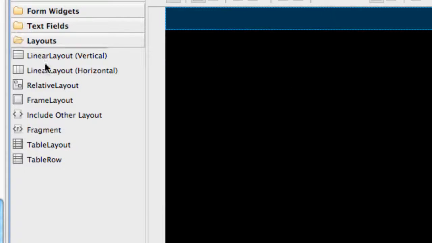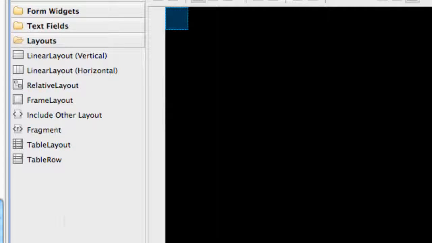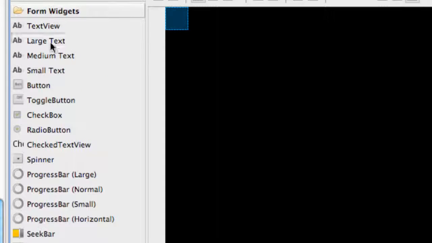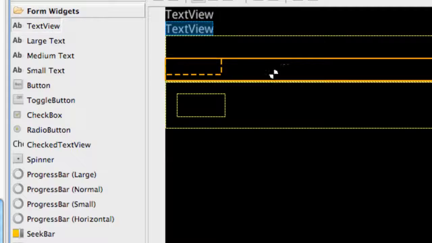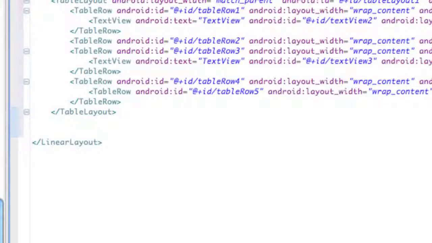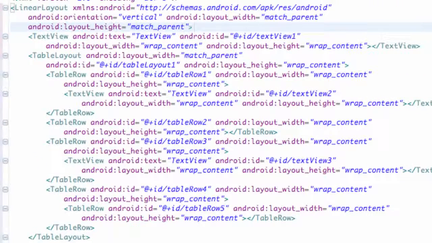So we're going to go into our layouts, drag and drop a table layout here, and also one row. Then we also want to have 3 text views, so we're just going to drag and drop 3 text views and switch over to the code. We're going to format everything. Now we have, okay, maybe we didn't need to drag and drop that row in there, so actually we're just going to